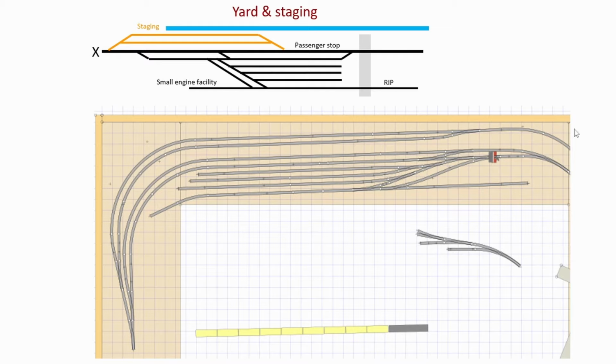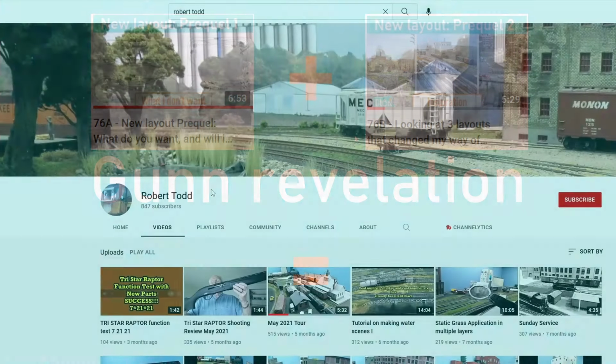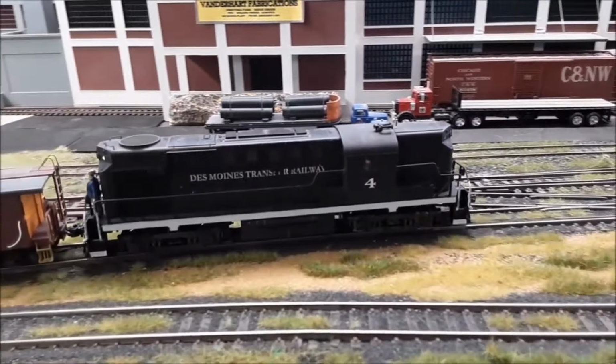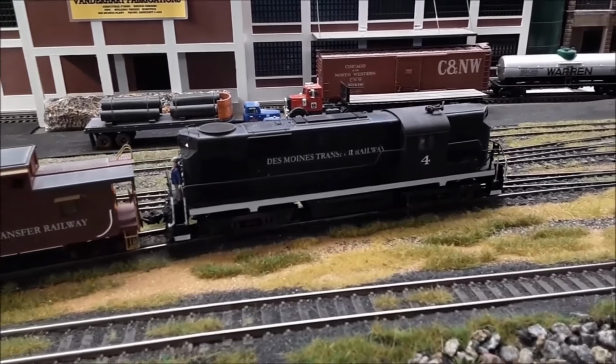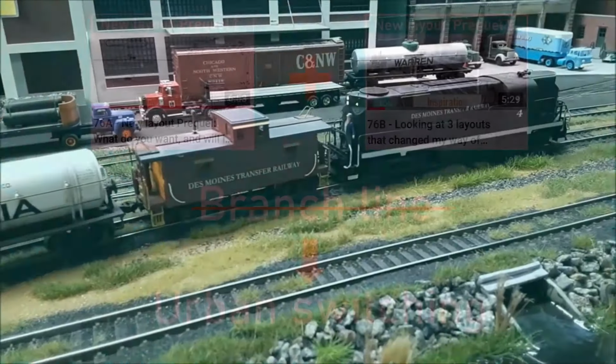No, I just didn't want this at all. And at that time I had my gun revelation, as I explained in video number 76, A and B. And it's mostly Robert Todd's layout. And that just gave me the insight that, hang on a minute, maybe what I want is maybe not like a main line or a branch line with various trains coming in, picking up and dropping off cars, but